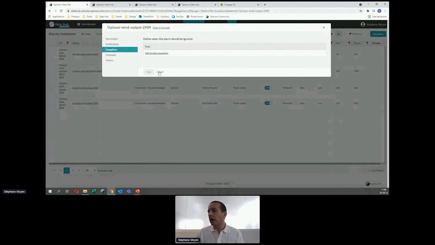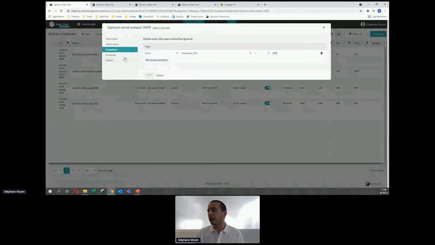I have another alarm here, for example, that has an exception. This is an alarm that has been put on a wind farm, and I'm going to ignore any values of my monitored variable if another variable, that is the wind speed in this case, is higher than